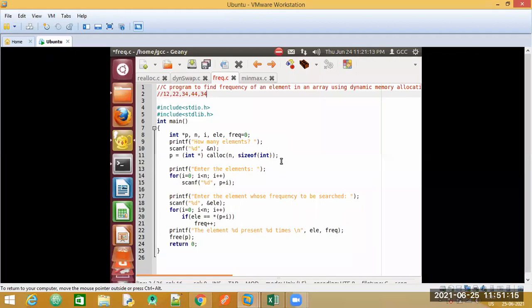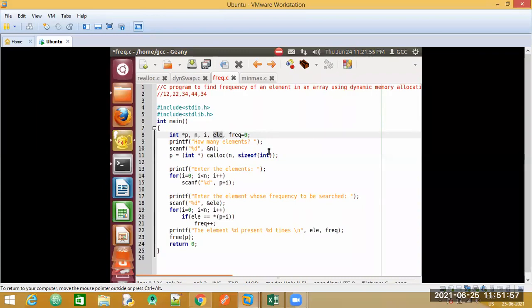You are aware now of these statements, okay? Till here you people are perfect. Let me quickly tell you, pay attention to this. A pointer variable for dynamic memory allocation. Then I have taken a variable n to allocate the size. We are going to make use of the calloc function here. So why calloc function and why not malloc function? Because calloc, you know that it is equivalent to that of an array. When we try to store the elements, it will continuously store the elements. Then I have taken a variable i for iterating the loop. Then another variable called ele.